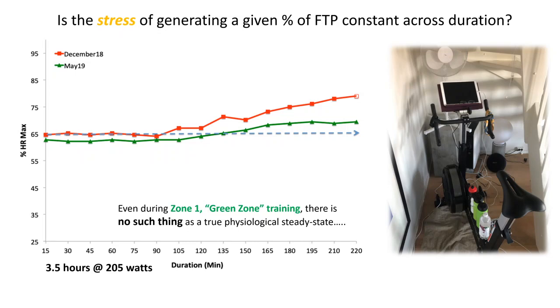Now, if you look at the green line, that's 6 months later, exact same workout. And now you see the heart rate response is a little bit lower at the baseline, but more importantly, I don't see as much of that drift. It's more delayed, and it's less substantial. So you might say that my body is becoming more durable, even though I can tell you that my FTP did not improve significantly during that time. I would say not more than 5-10 watts. So it was a very small change there, but a big change in my durability